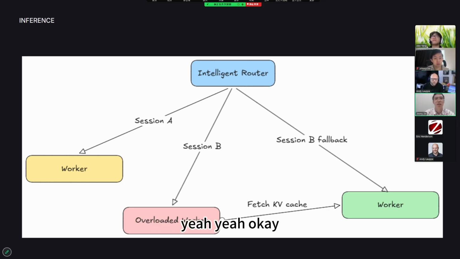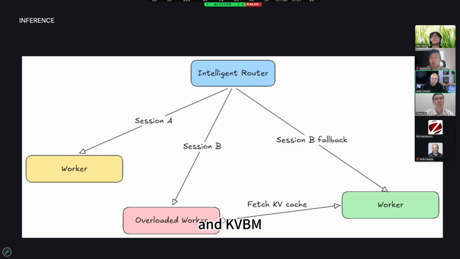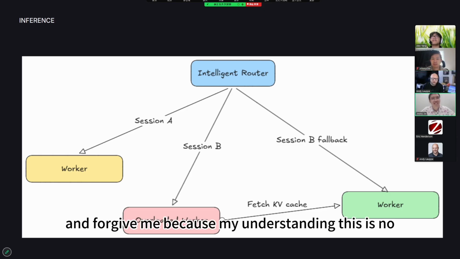Okay, I hear Mooncake. So the question is, if you could explain the difference between Mooncake and KVBM. Forgive me, but my understanding is this: